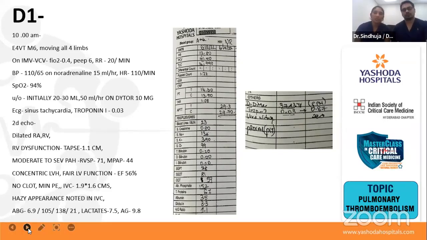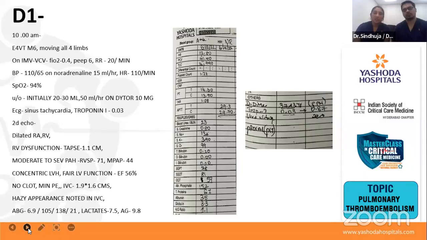So if the IVC is not collapsing, can we be certain that the patient's adequately volume filled? No, sir, in RV dysfunction, IVC is not active. That's the answer. Any problem with the RV, even pulmonary artery pressure being high, the RV will be distended, even in a hypovolemic person. Good. ABG showed mixed respiratory and metabolic acidosis.